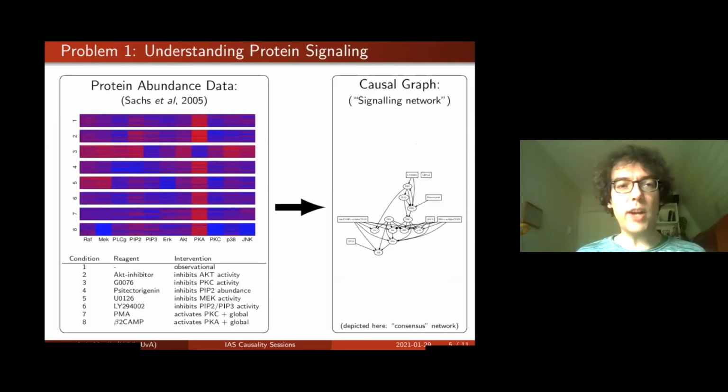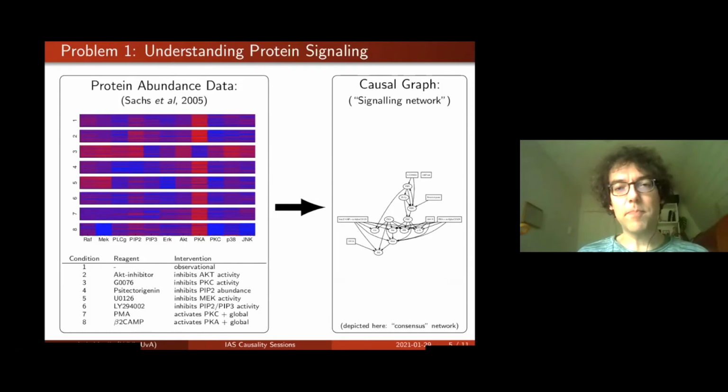So here's one practical problem that I've been working on for quite a while already. I think I started around 2011 on this particular data set, but it still keeps me busy. This is a data set where biologists measured protein expression levels in individual cells of the human immune system. Here you see 8 different experimental conditions where they added different reagents to these cells. So they perturbed them in certain ways. And here you see on the x-axis 11 different proteins, and in color you see their activity. You can see that the activity changes depending on which reagent was added, and also that there is some